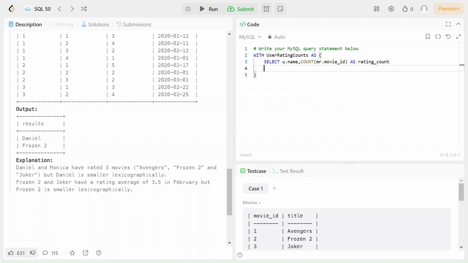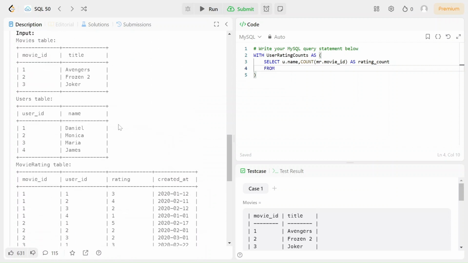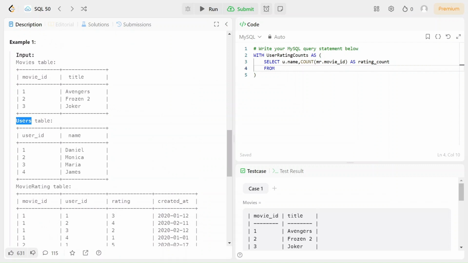I'm taking this from, first, the name from the user table, and I'm joining the user table with movie rating. In the movie rating table we have user ID data, and in the user table we have the username, so both have user ID in common. So I'm marking movie rating as MR, and this as U,